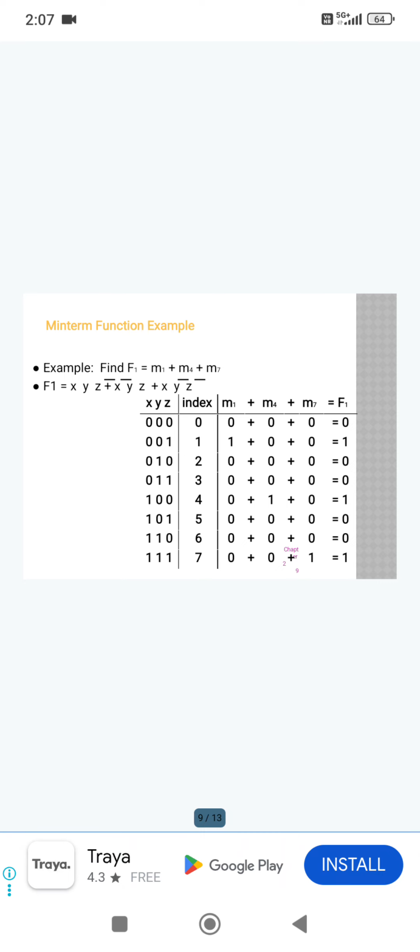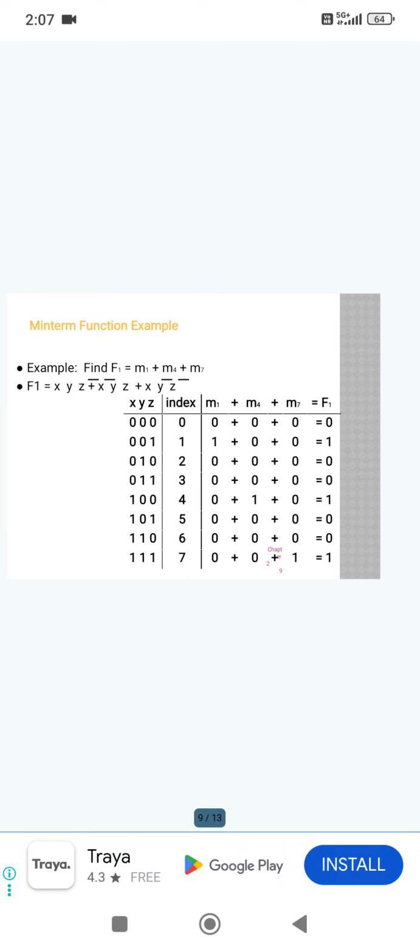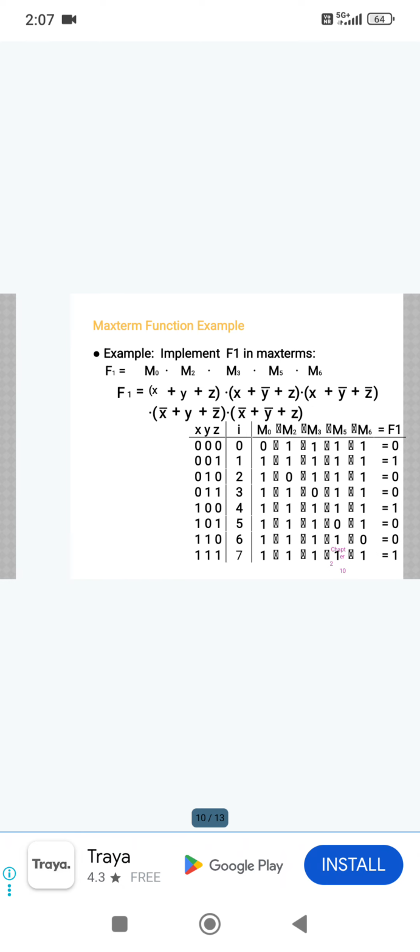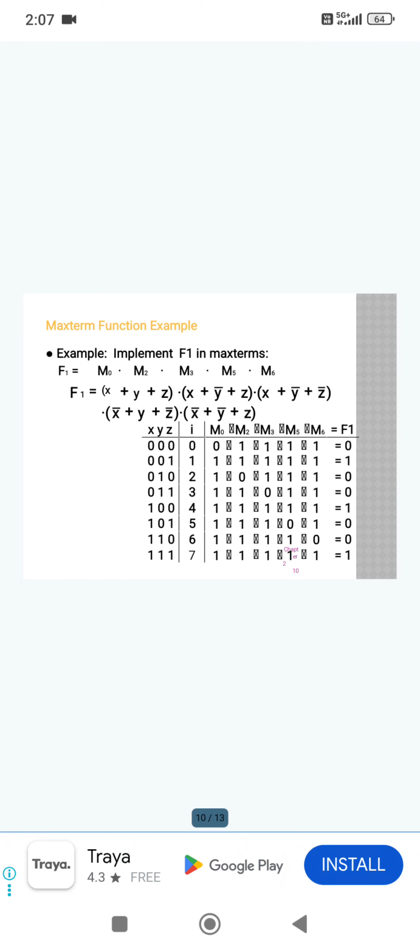So there is no value here, so here the answer is 0. So the final answer 1, 1, 1, the index value of 1, 1, 1 is 7. That's why here we are taking the f1 value as 1. So like this way only we have to calculate the min term values, and then we are going to create